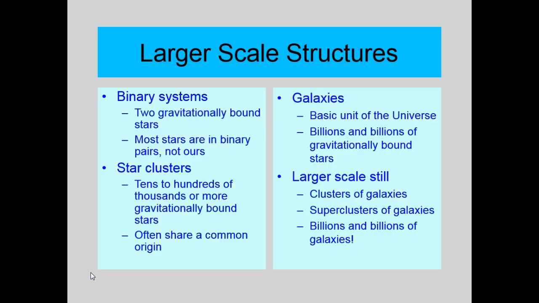Believe it or not, most stars out there in the sky are not unitary stars like our sun. Far more are binary stars, two gravitationally bound stars together with each other. Most stars are in binary pairs. Ours is not. Now here's just a conjecture on my part, and I have absolutely nothing but gut feeling to support it. I don't know that there's any real science behind this, but I do not see